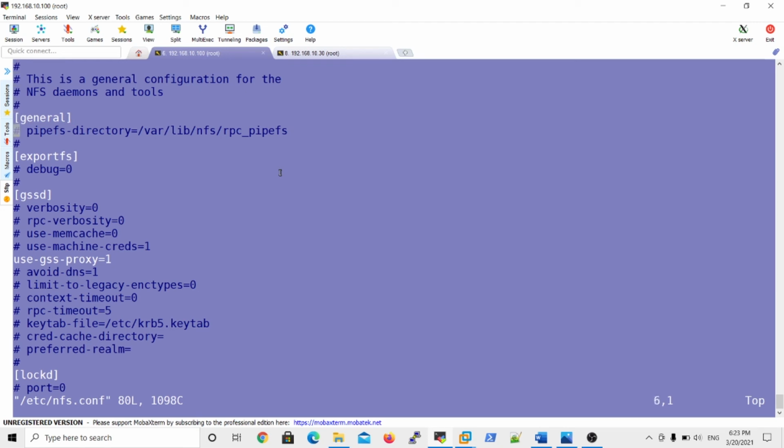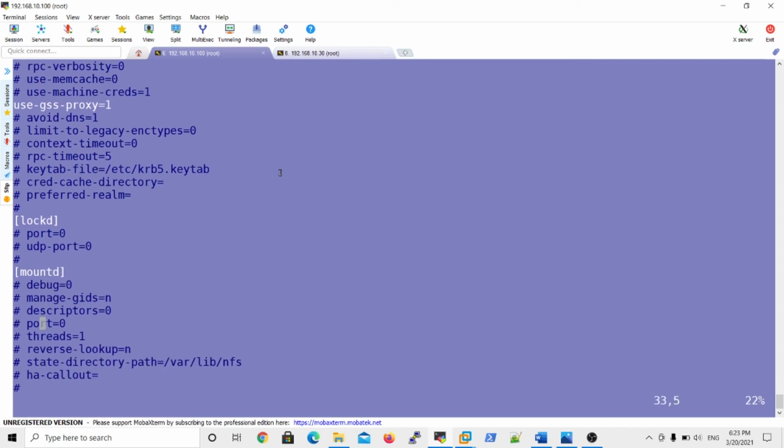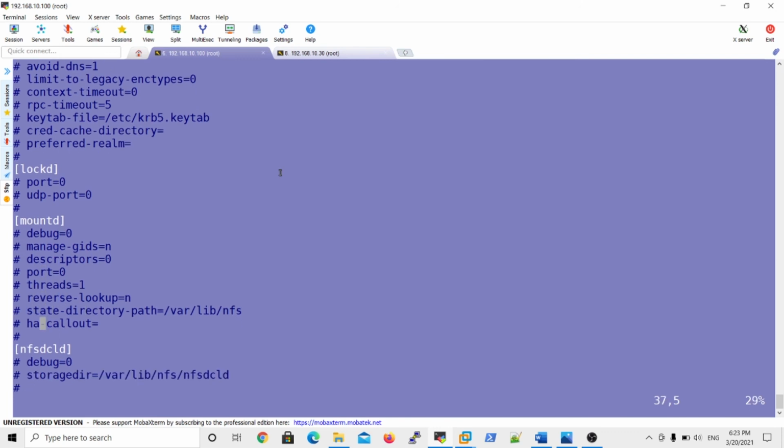See this. Actually in the file, the very important option is mountd. In mountd, here is the port number. So you want to change the port number, then, sir, okay, I don't want 2049. Then just remove the comment on the port 0 option.